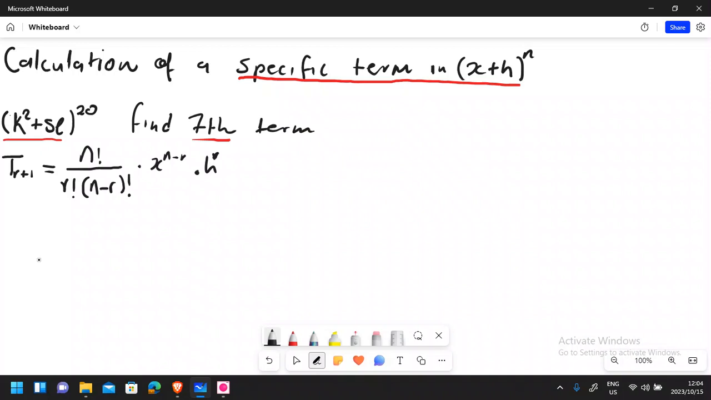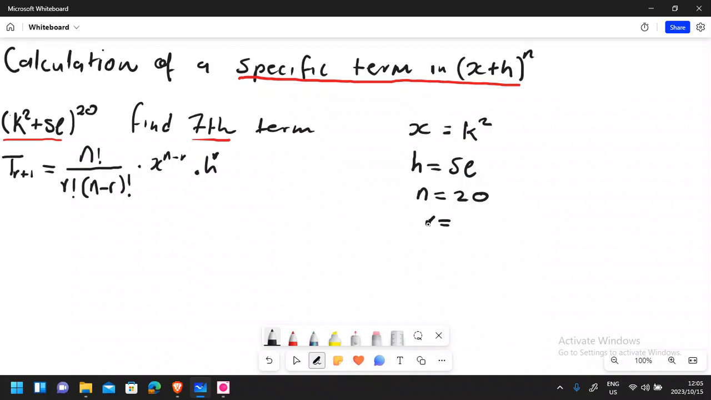Okay guys, if it's your first time seeing this formula, do not worry. So now let's start. So what is x in this expression? Remember, whatever we'll be equating here is based on this expression that we're trying to find a specific term on. So x in this expression is going to be k to the power of 2, and then h is going to be 5l, and then n, let's make sure that h does look like h, n is going to be 20, and then r